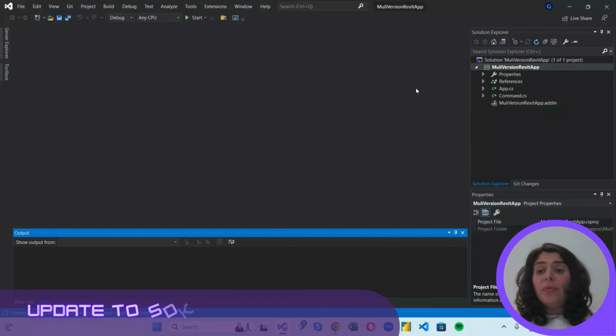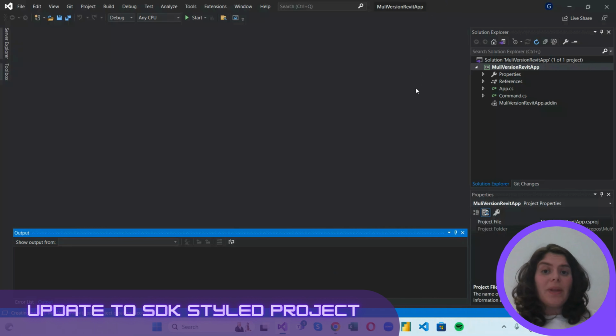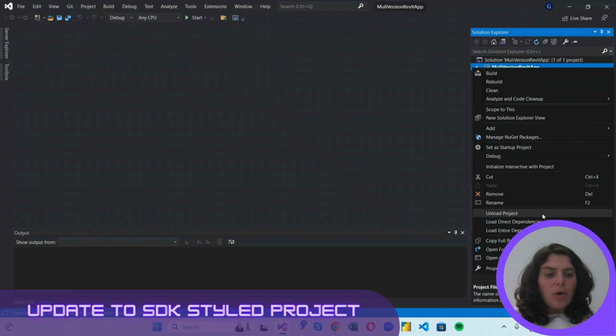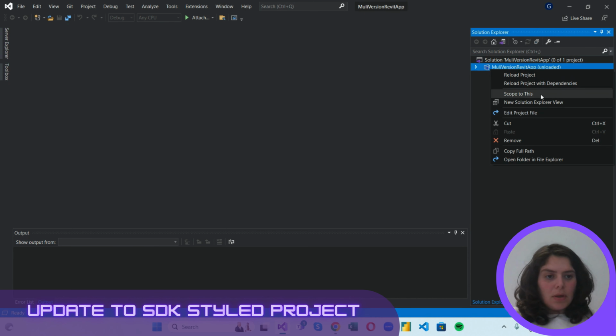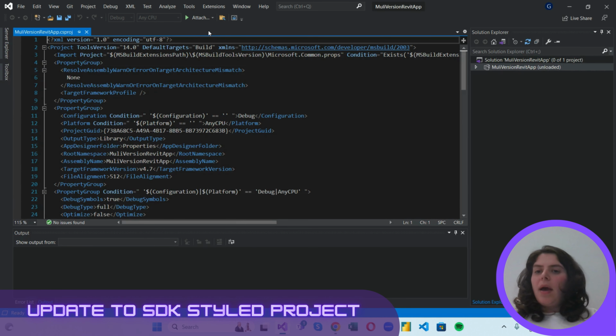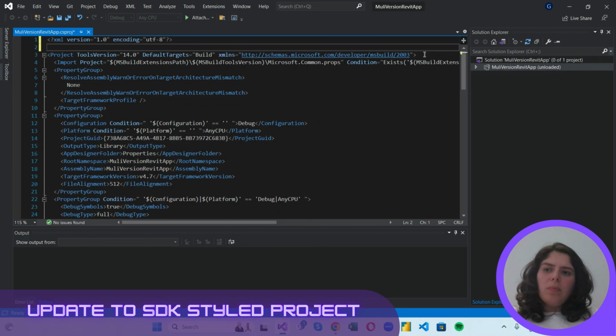All right. So I've created a project from Jeremy Tammik's 2020 Revit add-in template. And the first step to creating our multiple Revit version project is to update it from a legacy styled one to an SDK styled one. And to do so, we just have to unload it, hit edit project file, and the first thing we need to do is make our project file